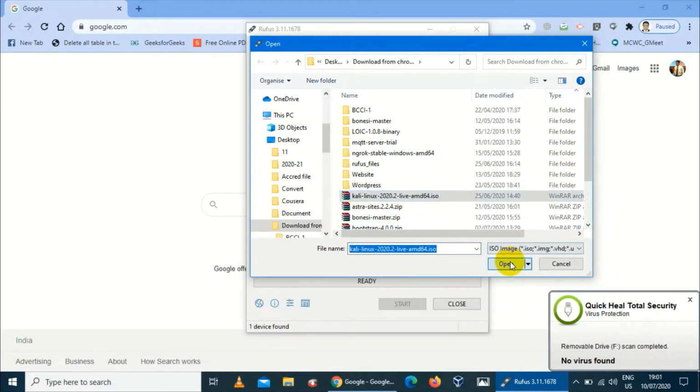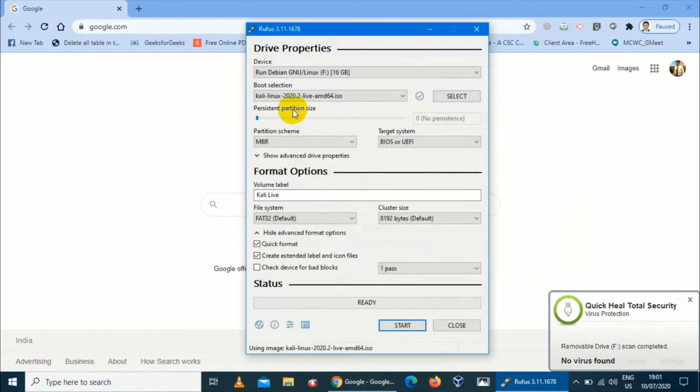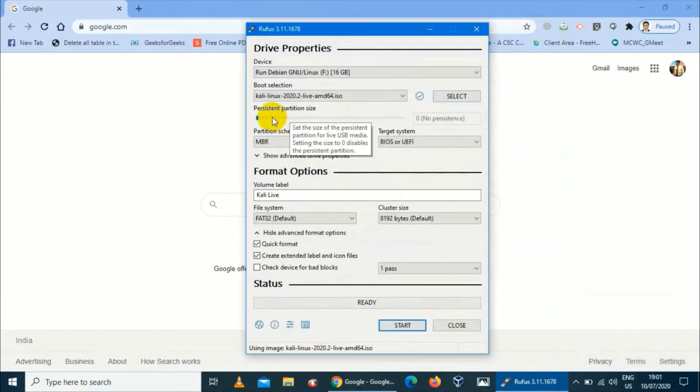Tap here, simply open. Next we have to select the persistent partition size. The persistent partition is the space we require for storing the changes made in Kali Linux.